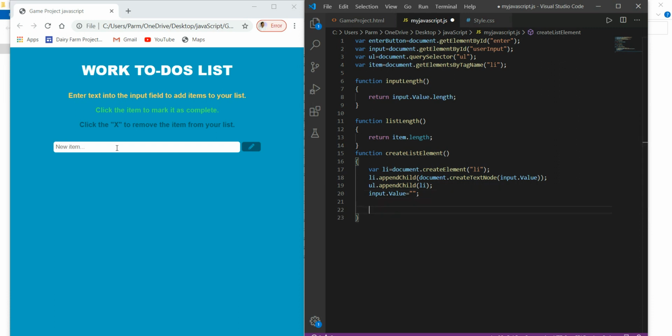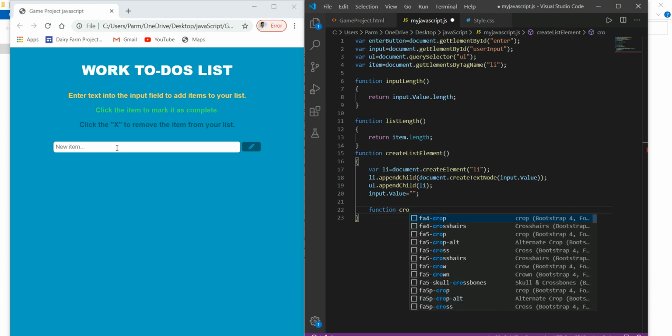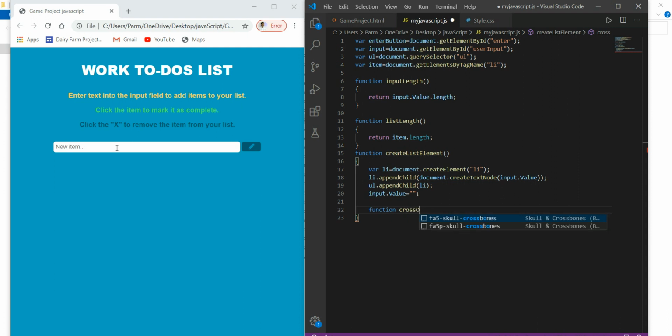Now here in this function I am going to create another function, within this function, to make a toggle list. So this is what is called nesting of functions, or a nested function, and I am giving it the name crossOut. This function is not going to take any arguments.